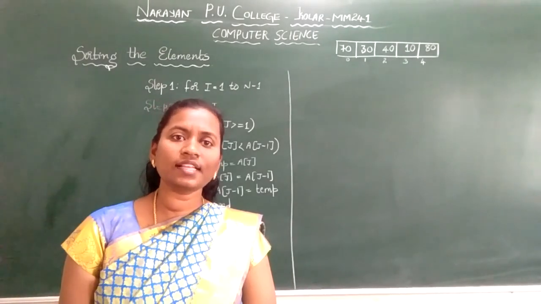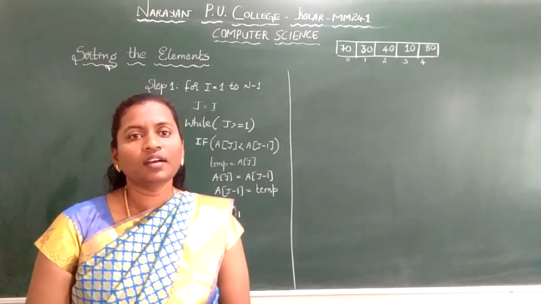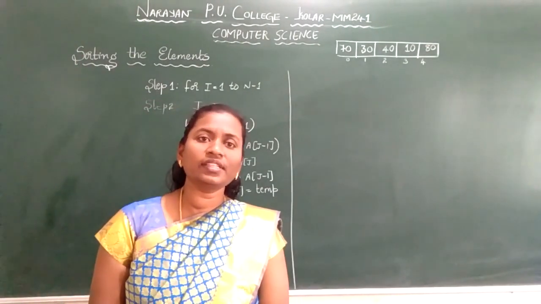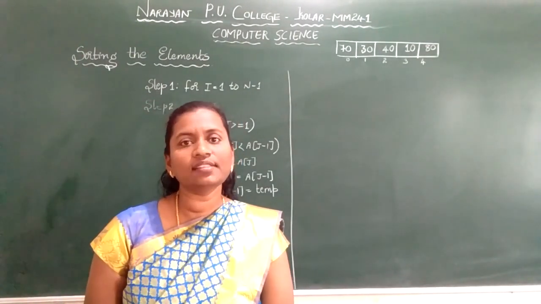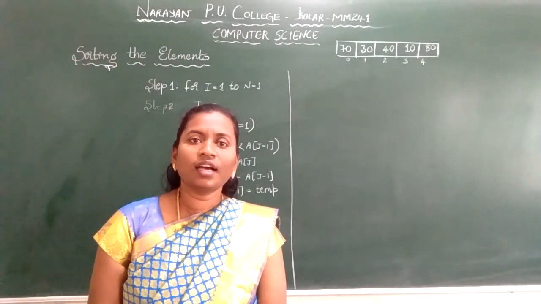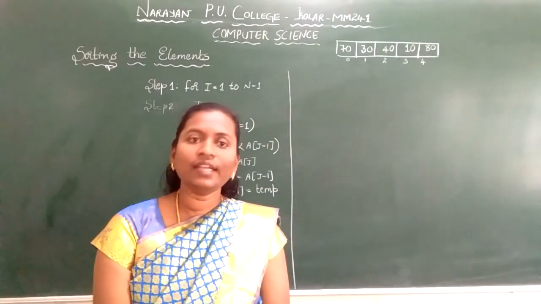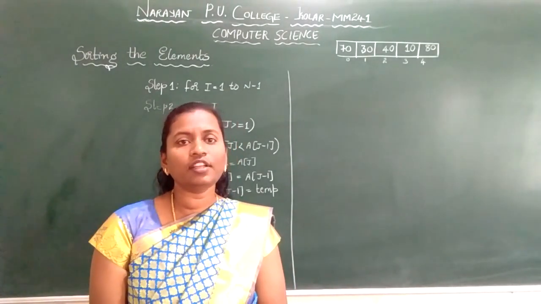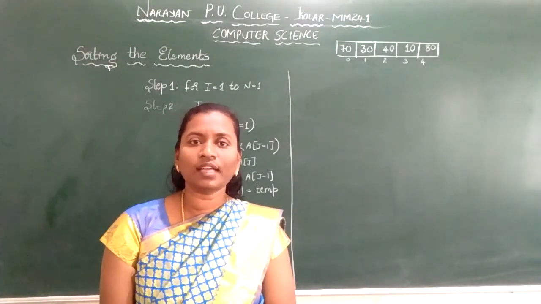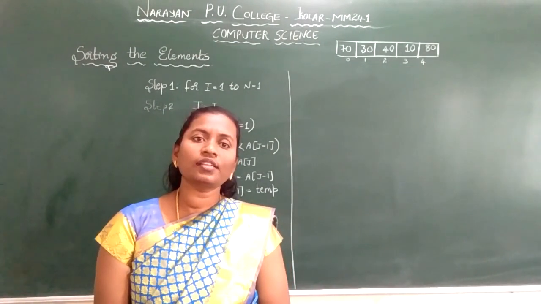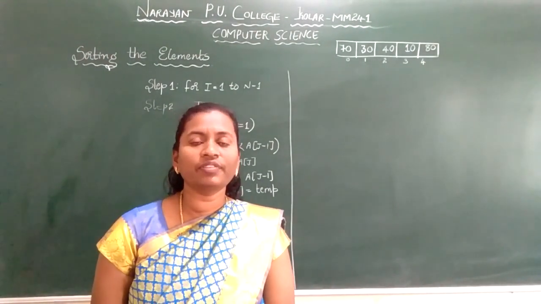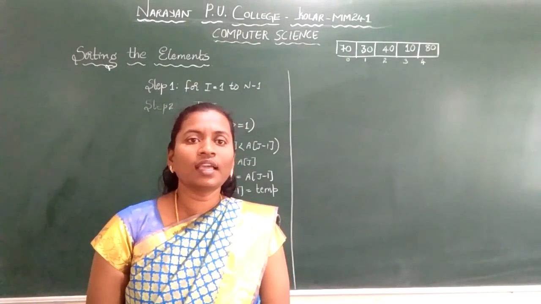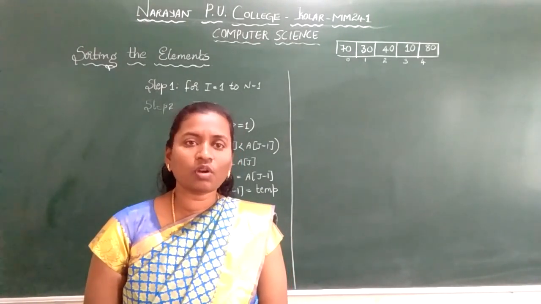Good morning students. Last class we discussed inserting an element into an array and deleting an element from an array. We have seen searching techniques, linear search and binary search. I also discussed the sorting techniques. I told what sorting is: the arrangement of elements either in ascending order or in descending order, we call it sorting. In sorting I spoke about different types: quick sort, bubble sort, insertion sort, heap sort, radix sort.